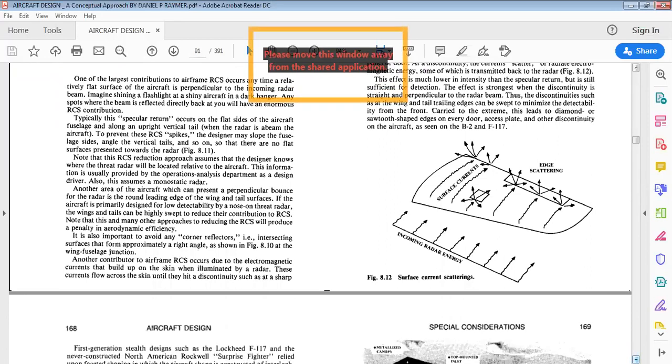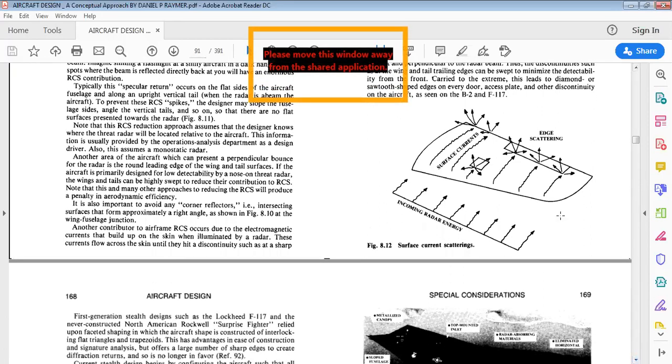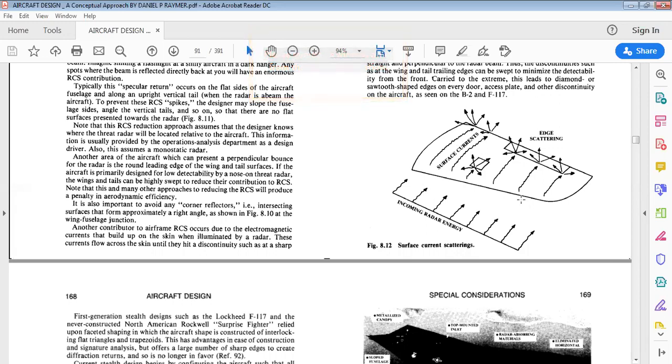You can see in this the surface current scatterings, which we call eddy currents. What happens here is that with surface current scatterings, the exact locations will not be known. They are in random directions, so you could not detect it. Such technology is also used, it may be stealth technology, or surface current scatterings. By that, it is not easy to find exactly where the radar hits. That is called surface current scattering. Please go back and look into it.